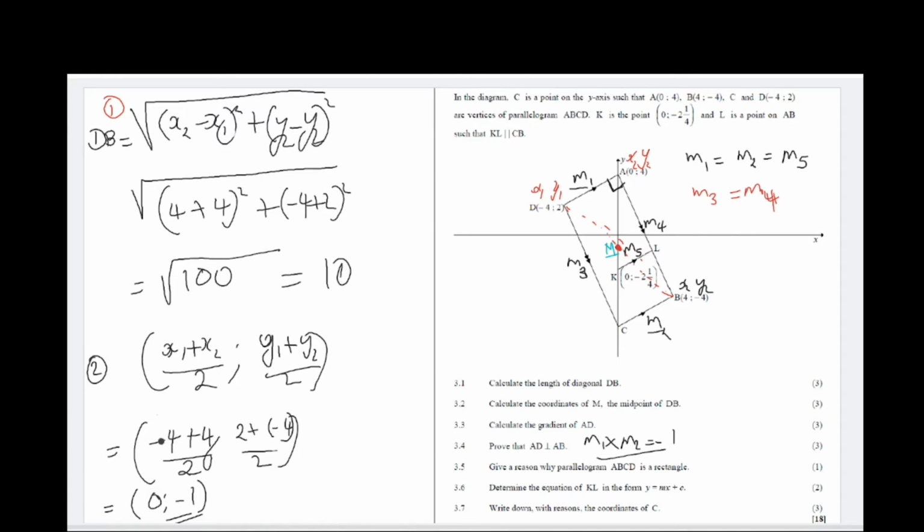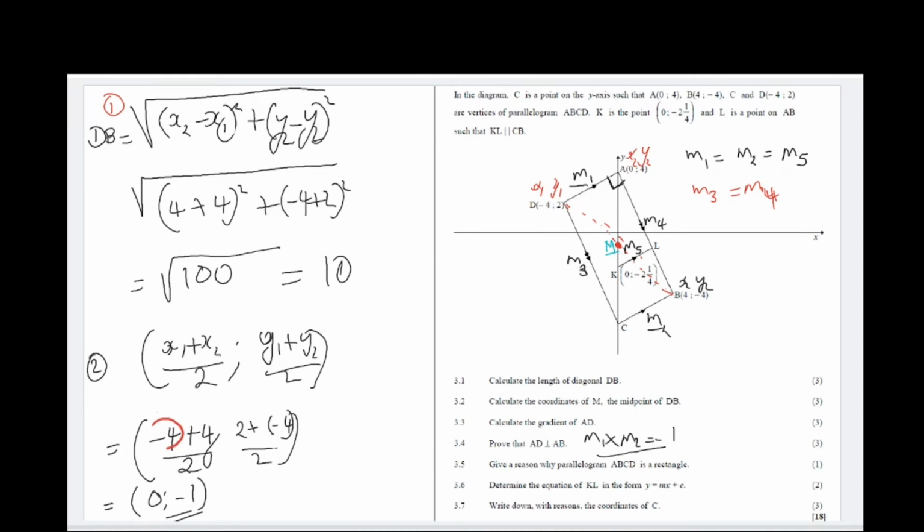Okay, put in your calculator, let's check. Here is negative 4 plus 4, which will give you 0, divided by 2, which is 0. And then here you will have 2 plus negative 4. The answer is negative 2, divided by 2, which will give you negative 1. This is the answer for the midpoint of BD. So I'm going to write it as equals to capital letter M,